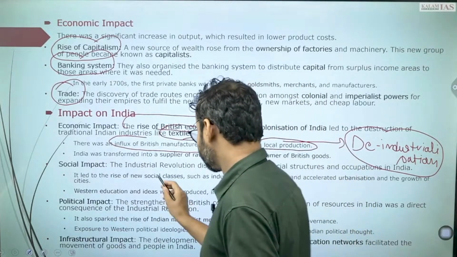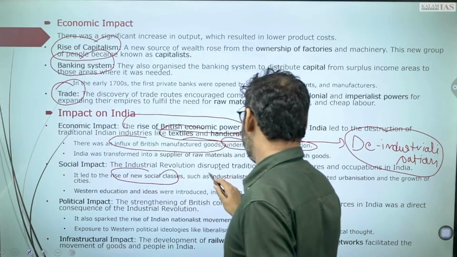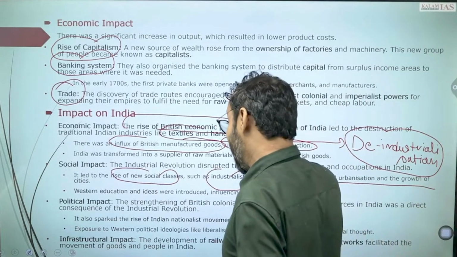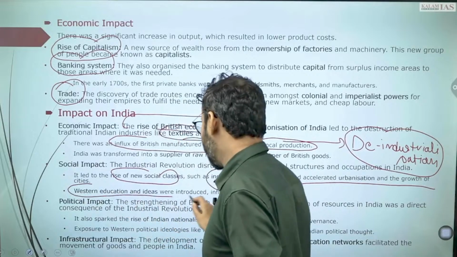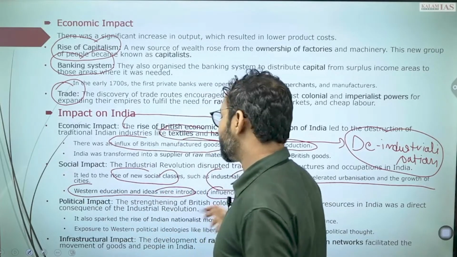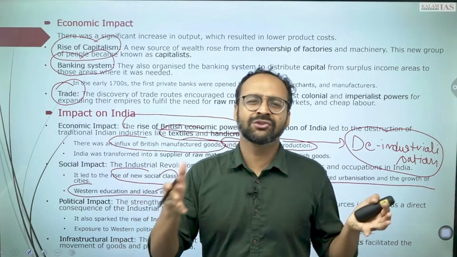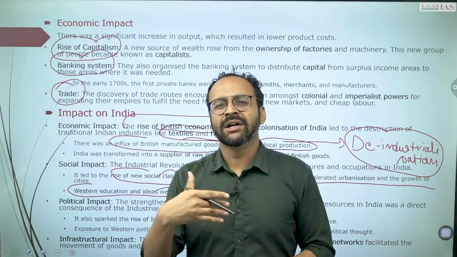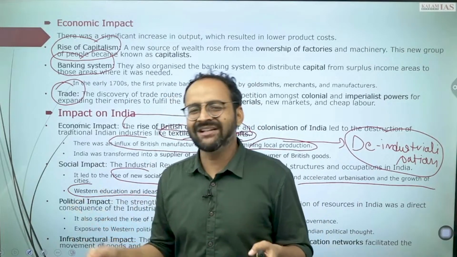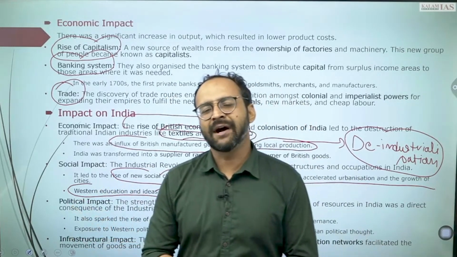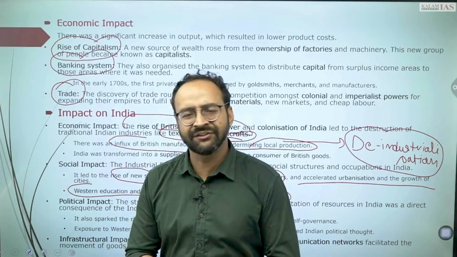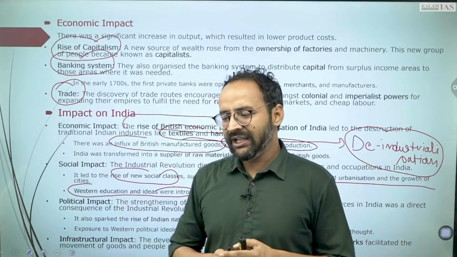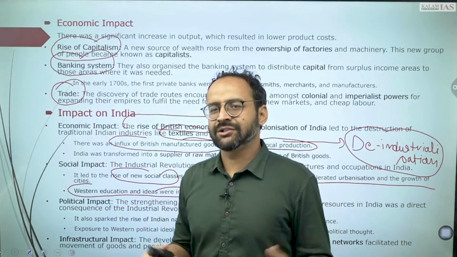Social impact: rise of new social classes, industrialists and workers, urban ghettos were seen, Western educated ideas were introduced. This was kind of a positive influence on Indian societies. The Chitpavan Brahmins of Maharashtra, Bombay side, the Bhadraloks of Bengal, the Chettis or the Brahmins of Madras or Chennai, all people rose up, and ultimately the leaders used to come from it.